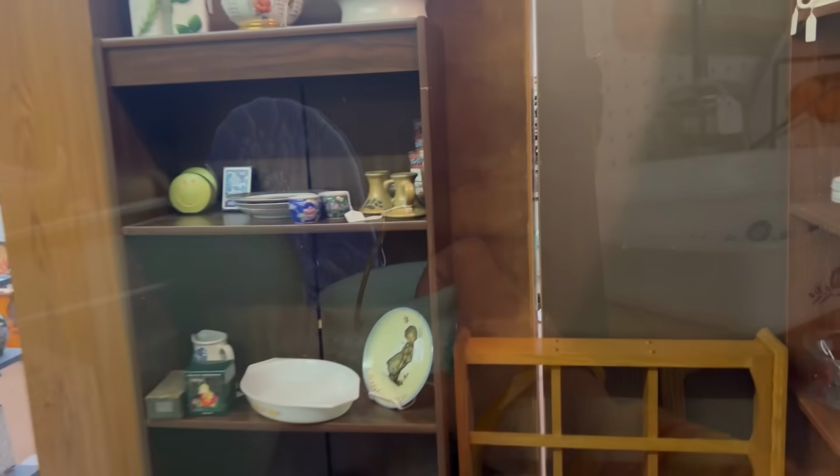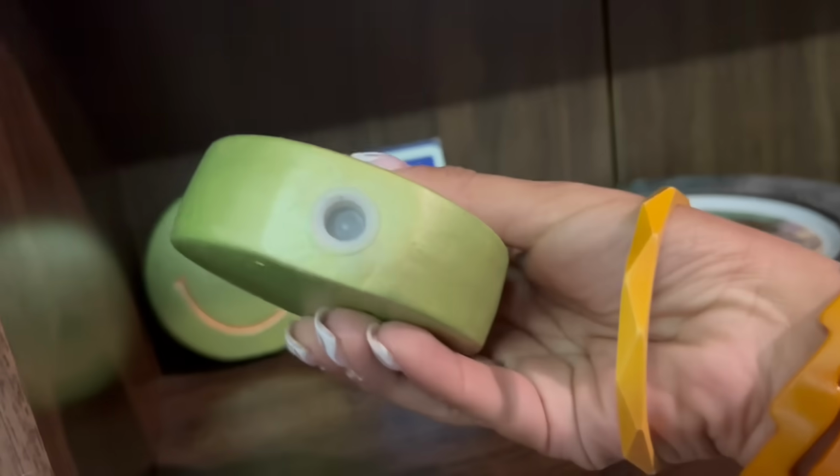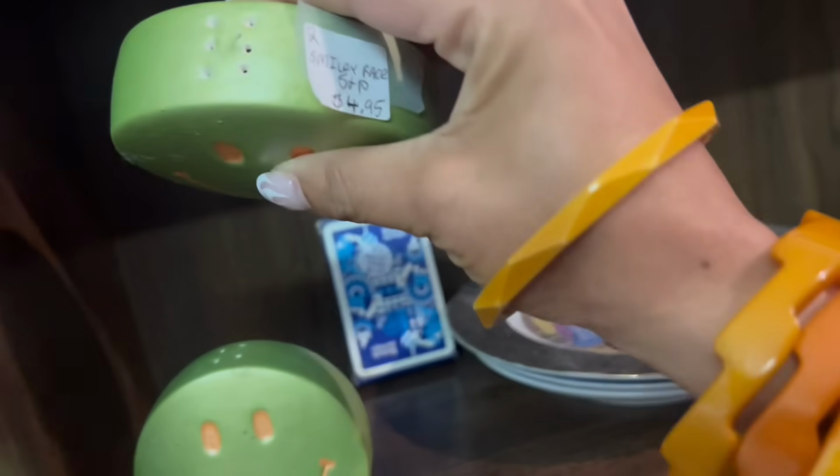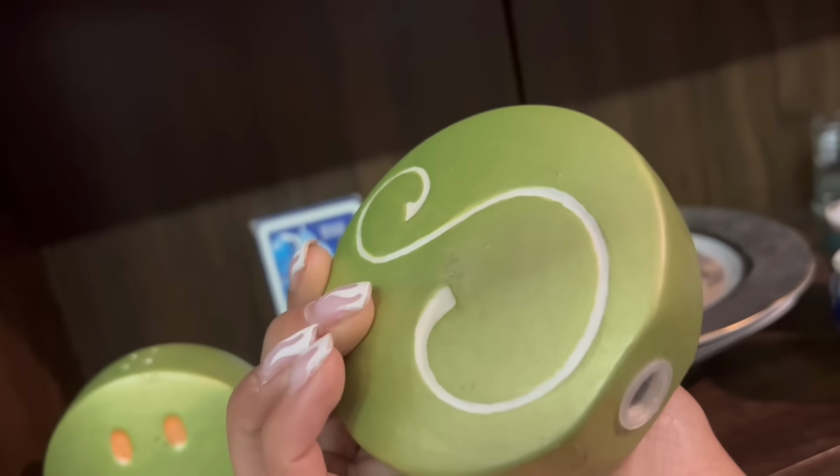Interesting. What are those green smileys hiding back here? Are those salt and pepper shakers? They are. They're hobbyist. How strange. Oh my gosh, look at the back of them. Those are perfect. $5. I'll take those. Those are so fun. Well, I spent $121 in there, and I think I'm actually going to do something I've only done once ever. I think I'm going to try out the Carlisle Antique